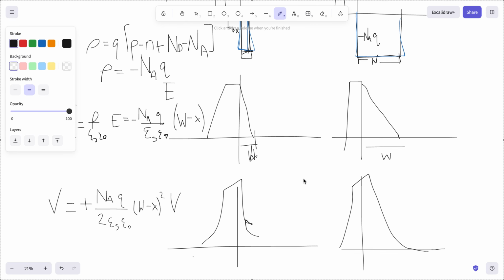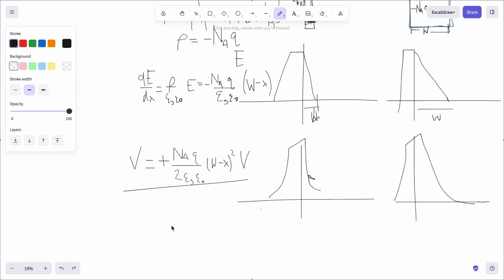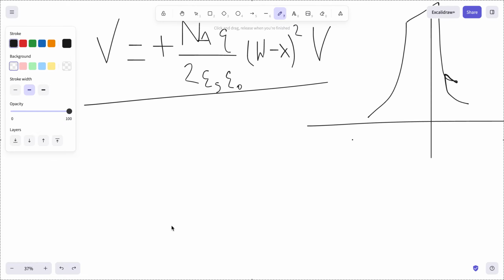Now we can also calculate some other key quantities. Namely, we can calculate what the depletion width is. So using this voltage formula that we derived, we know, okay, so before we do this actually, let's define some quantities. So I guess we've already defined this, but we can say that